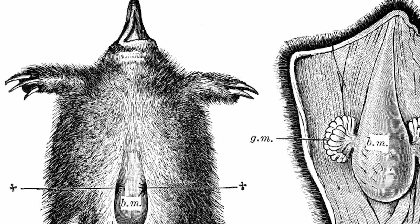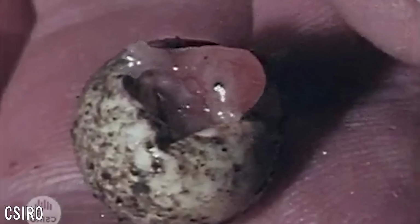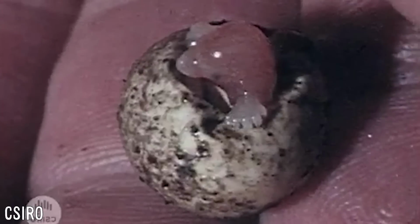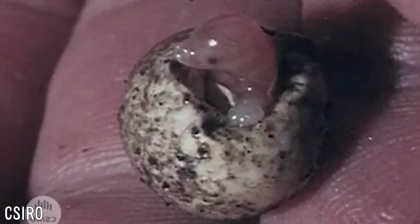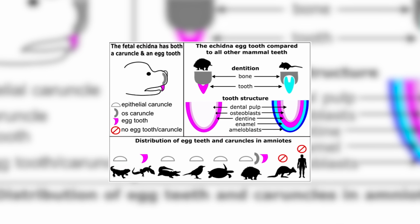The egg is then directly transported into a tiny, backward-facing pouch on the underside of the mother's body, which is a temporary one formed by both the abdominal muscles and surrounding mammary tissue. The egg is then stored in this region for another 10 days, after which the tiny hatchling, only about 1.5 centimeters long, emerges, assisted by their adaptation of an egg tooth to break out,